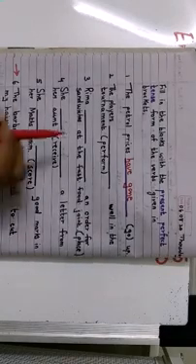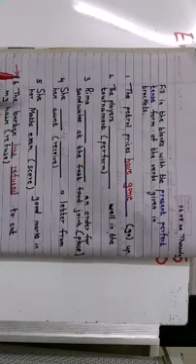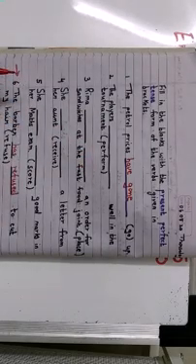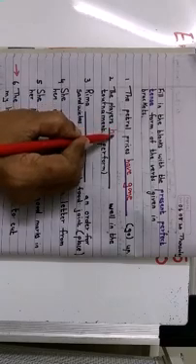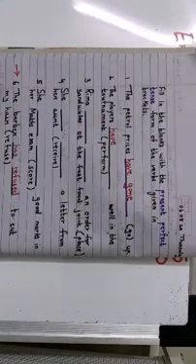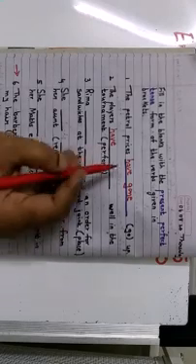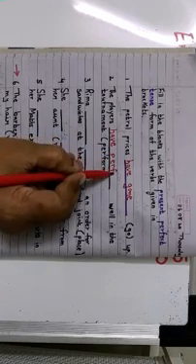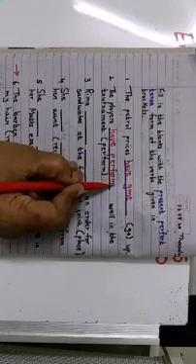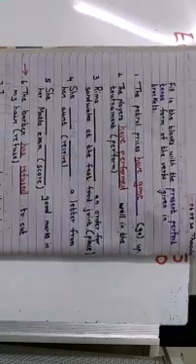Right? Now, the players dash performed well in the tournament. Now, what will it be here, children? See your players. So, I will use have. And then I add my past participle. So, perform will be what? Performed. Be careful of your spellings, children. The players have performed well in the tournament.